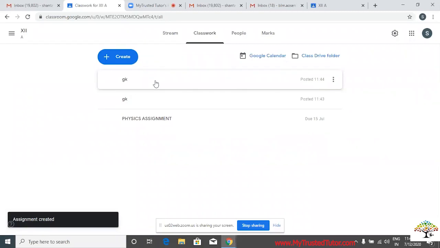But let me tell you, this is not where you can do a proper judgment of the students, because they'll be able to access different things, right? They can copy the answers from various places. This is just for practice purposes. It's not very trustworthy.